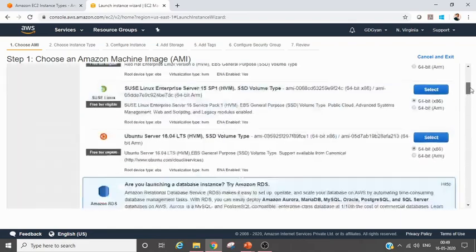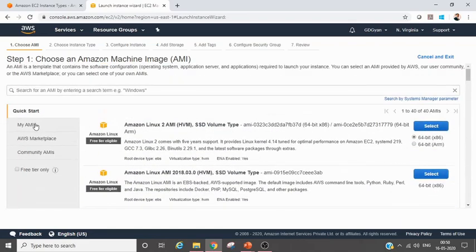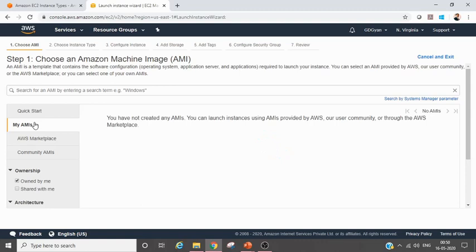Okay, before I choose anything, here is my AMI. So you can also create your own AMI. So for example, you as a solution architect, you design one system with Linux, Apache, Jenkins, Team Foundation Server. You choose your own set of software and you create an AMI. So in your team, anybody who wants to create one doesn't need to configure those things. They just create from the AMI, right? So that is what My AMI is.